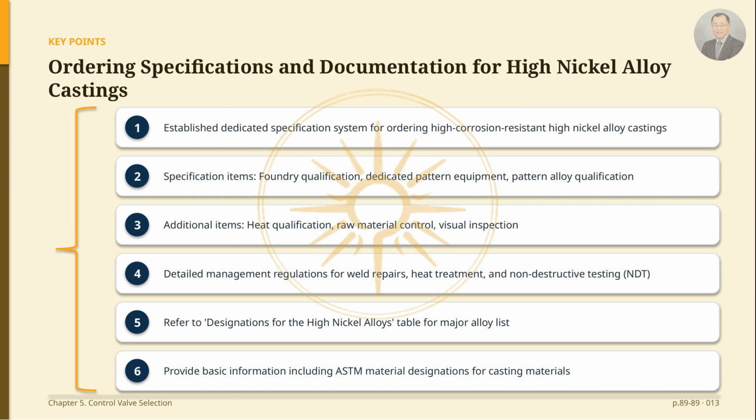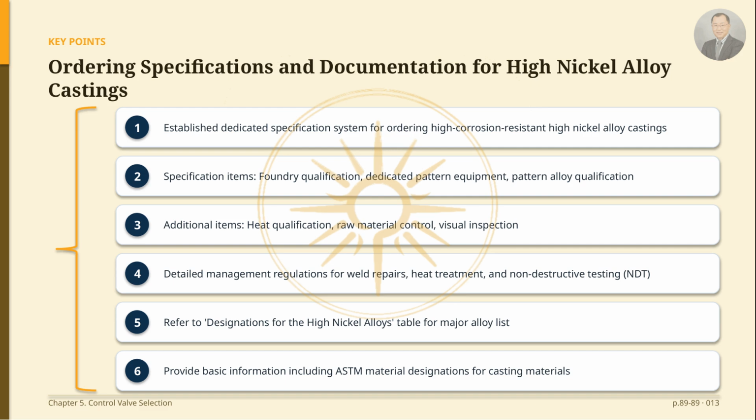In the past, these alloys had issues such as lower corrosion resistance than wrought materials, poor weldability, insufficient casting integrity, and long lead times. To resolve this, ordering specifications include foundry qualification, dedicated pattern equipment, pattern alloy qualification, and heat qualification, as well as detailed control regulations for raw materials, visual inspection, weld repairs, heat treatment, and non-destructive testing, or NDT. A list of these exotic alloys is organized in the designations for the high nickel alloys table in the